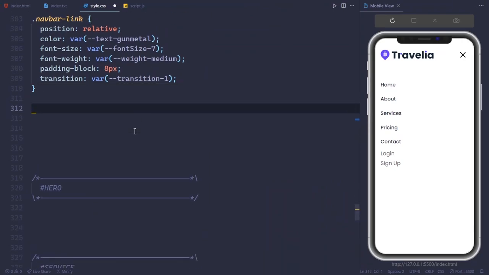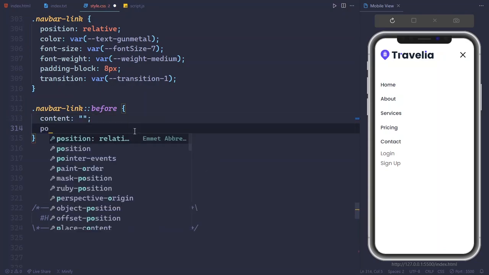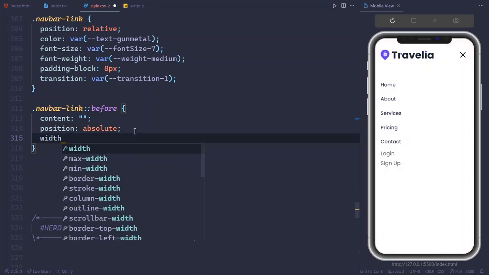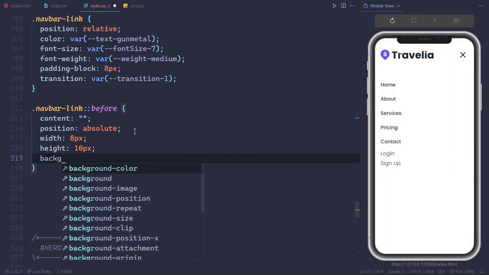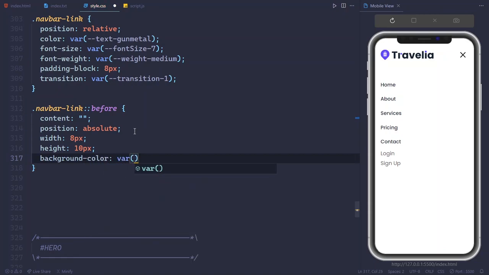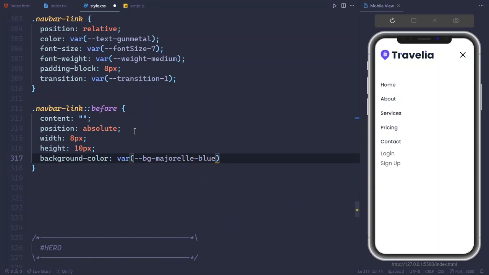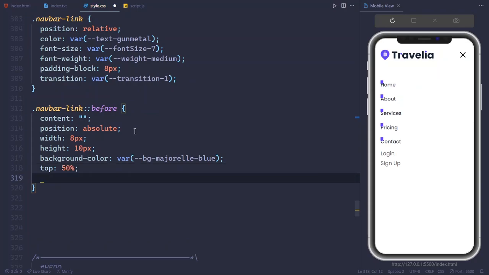Select the navbar link and there before, content will be empty as well as position will be absolute, width 3px and height 10px, and let's set the background color will be var bg madril blue, and top will be 50% and left is minus 10px,